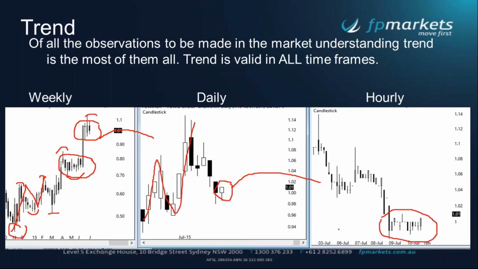So we have trends within trends. We can see in the hourly chart the trend is actually down. We can see in the daily chart the trend is up, and we can see in the weekly chart the trend is up. First tip here, if you're new to the markets, is find one of these going in the direction that you want to trade something. It is a key element in success of trading is to trade with a primary trend